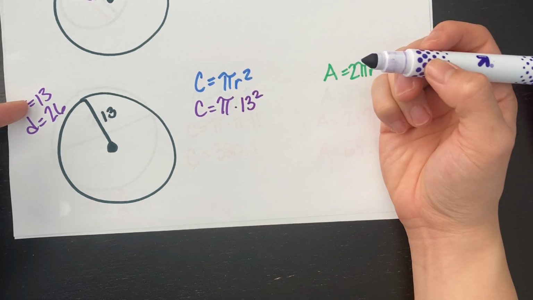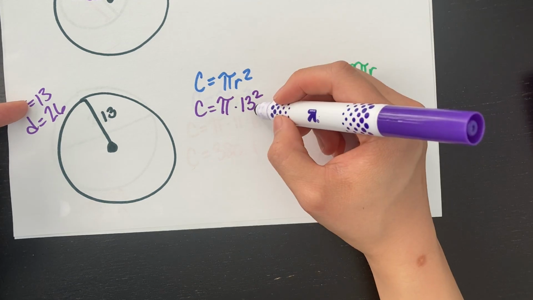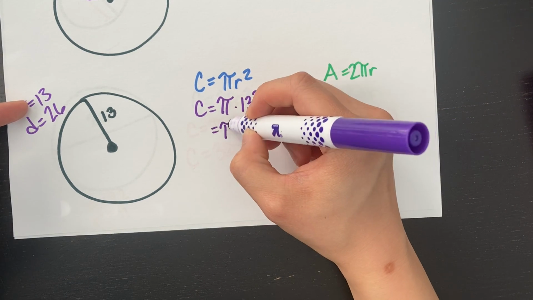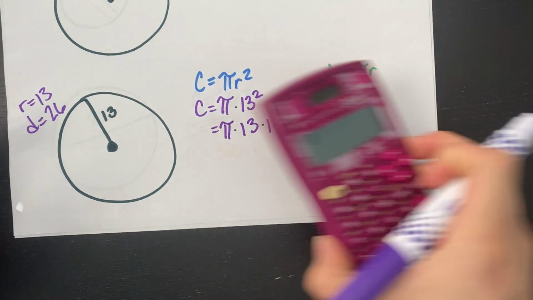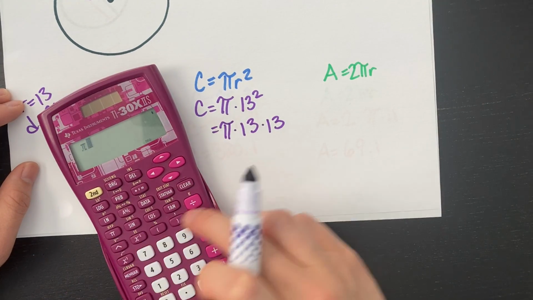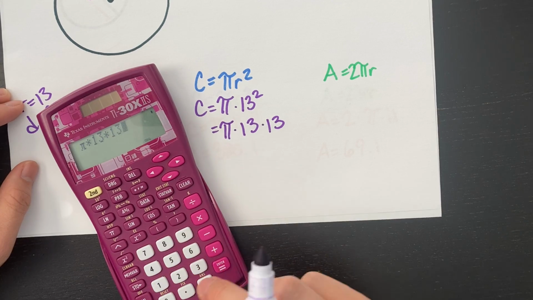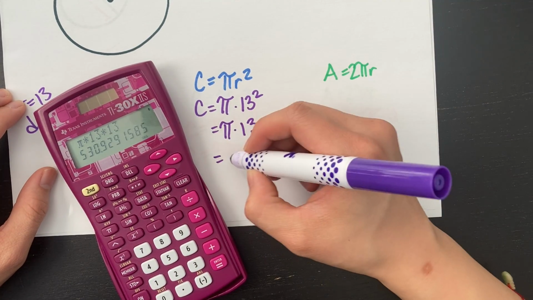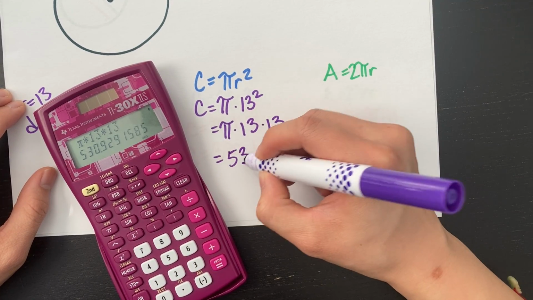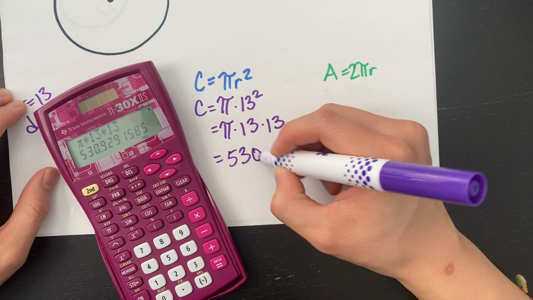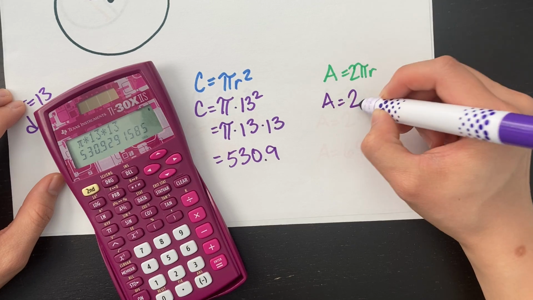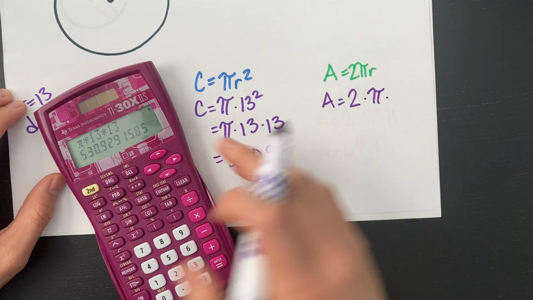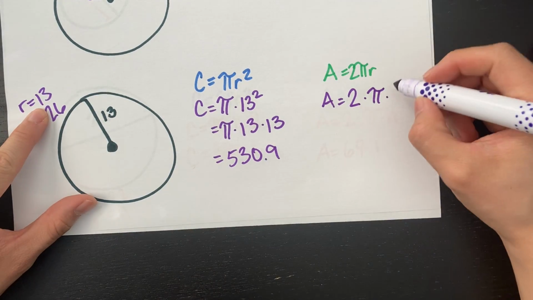If you want to write it like that in your scratch work, you could do that if you know that that means pi times 13 times 13. So the circumference of this circle is 530.9. And then your area is 2 times pi times your radius, 13,